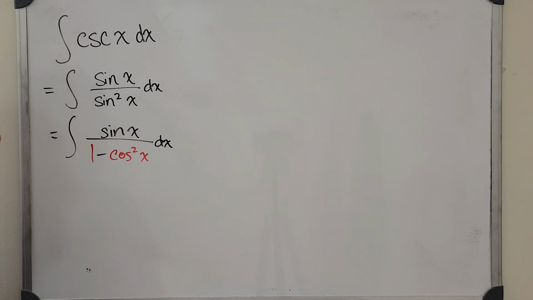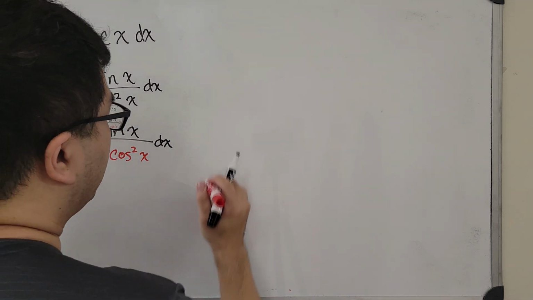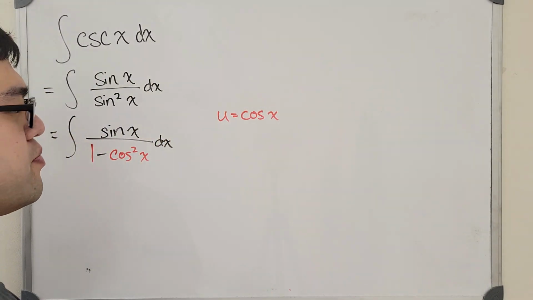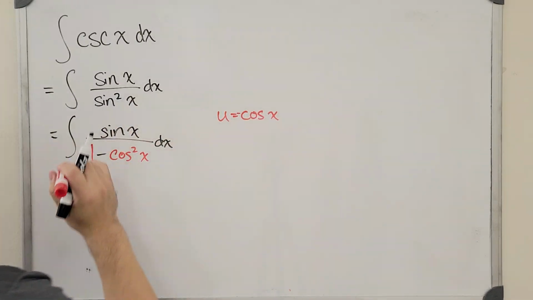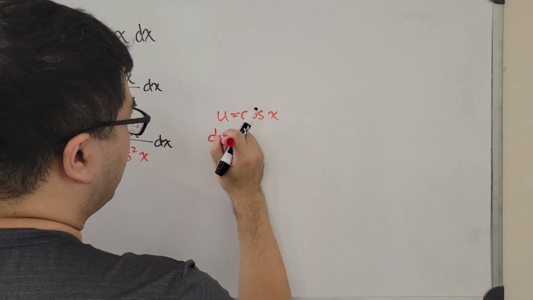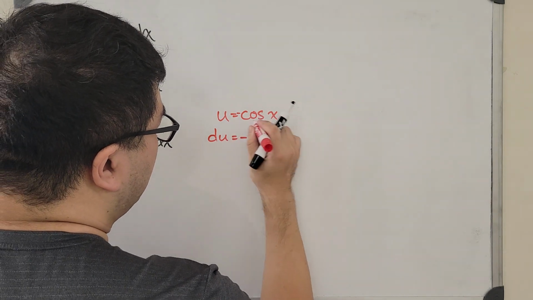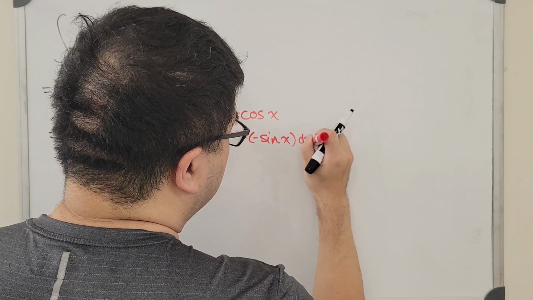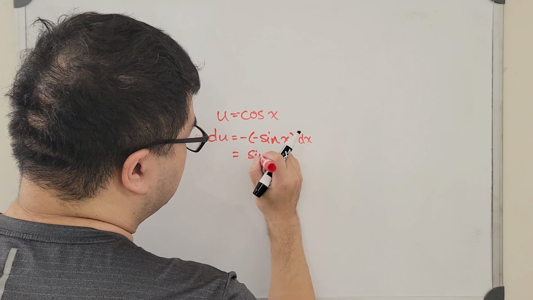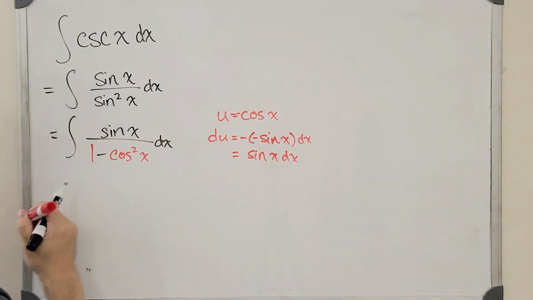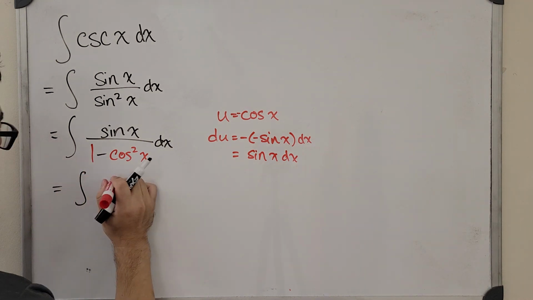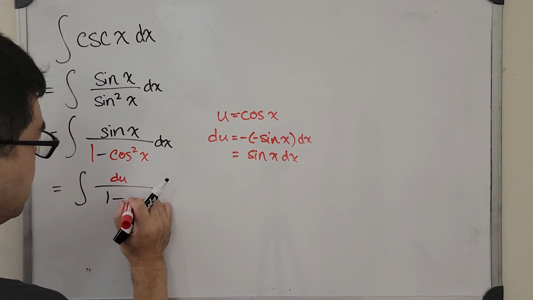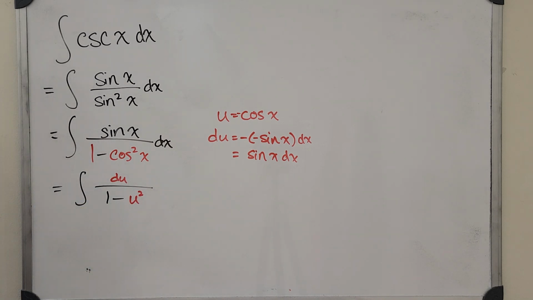And then we're going to do a u sub. This time, we are going to get u be equal to cosine of x. Or you can just put it as negative cosine of x, so that when we take the derivative of it, we will actually get du is equal to negative of negative sine of x dx, and the double negative cancels out, so that we actually get sine of x. So now if we substitute back, we actually get the top part be our du. On the denominator, we still have 1 minus u squared. And again,